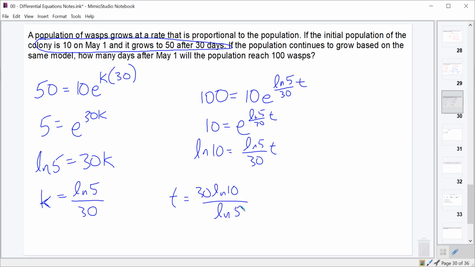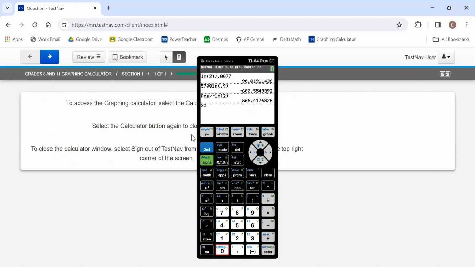And since we probably don't have a great idea of what 30 times the natural log of 10 divided by the natural log of 5 is, we'll go back in and we'll put that into our calculator. 30 natural log 10. And then we will divide that by the natural log of 5. And that'll give us